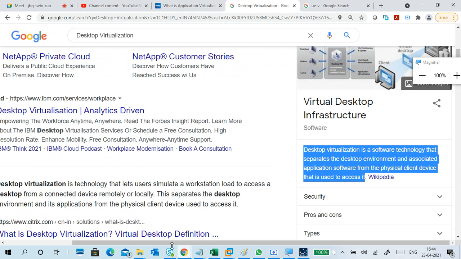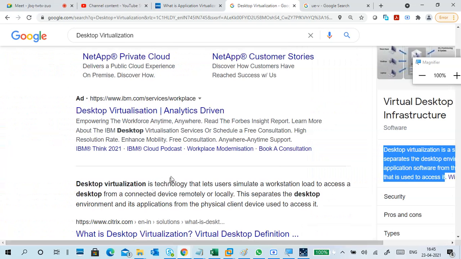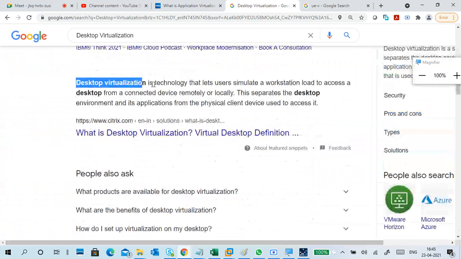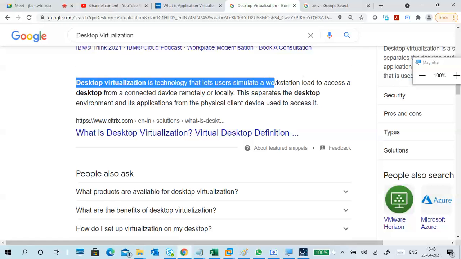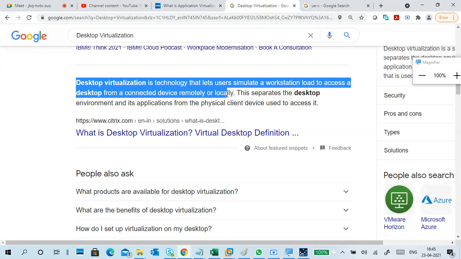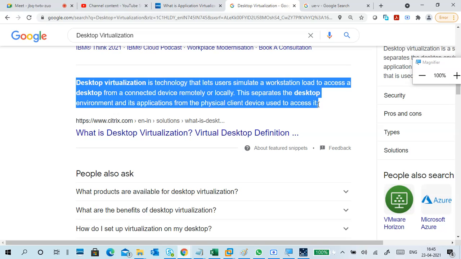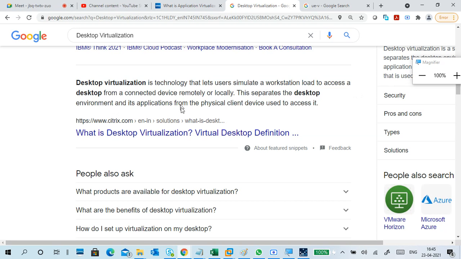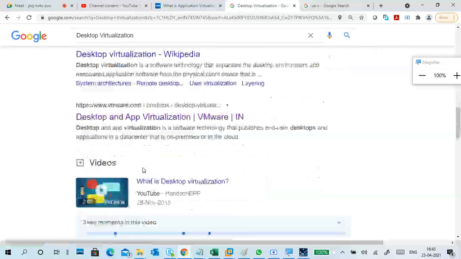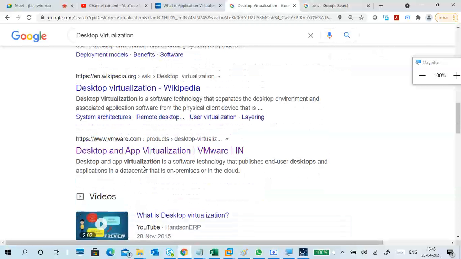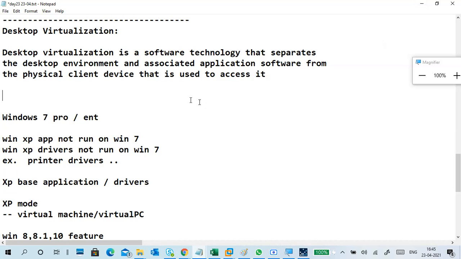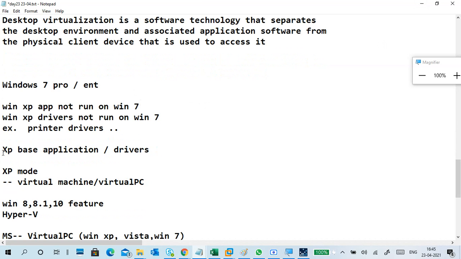If you want, you can search in some other place, like this one given by Citrix: it lets users simulate a workload to access a desktop from a connected device remotely or locally. It separates the desktop environment from the physical client device used to access it. It's the same thing only. So in desktop virtualization, there are other things also, as I explained.